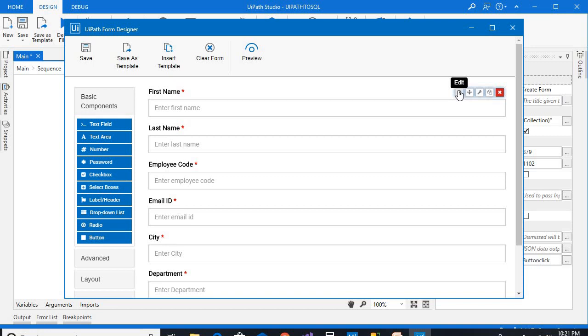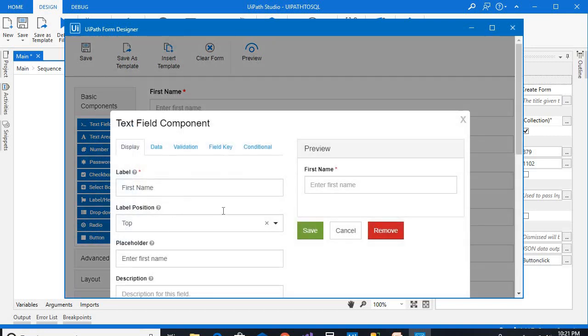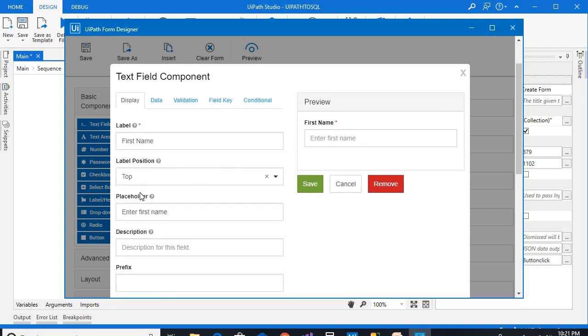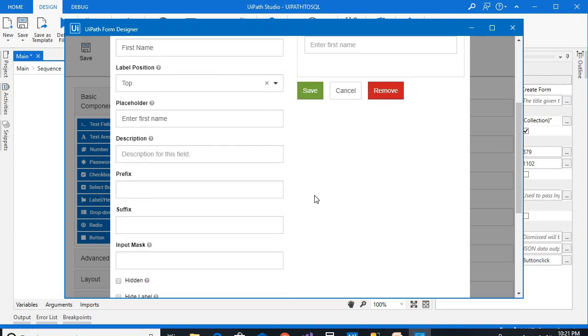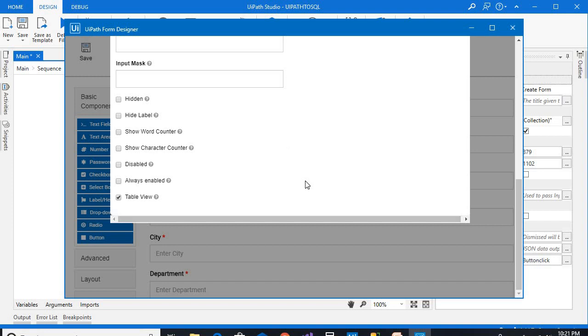Now I am going to edit this field. Here you need to declare your label position, any placeholder you need to give, any description, and the view is table view.